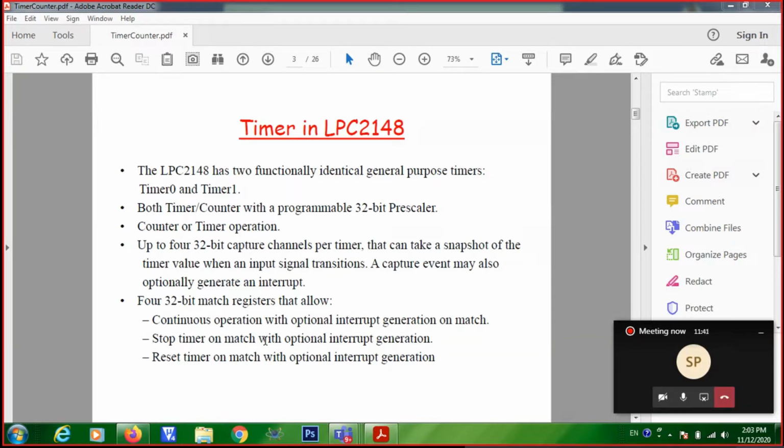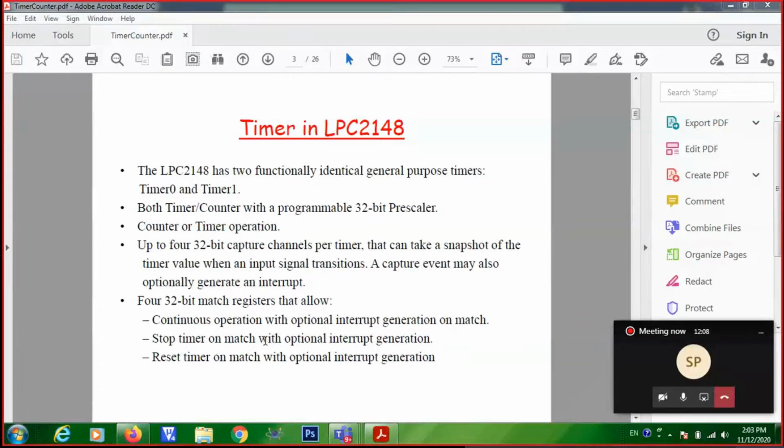So basically the timer has two modes of operation. One is known as timer mode of operation, which is what I just told you. Whenever it gets a PCLK, it will increment, so the incrementing is done based on the peripheral clock.